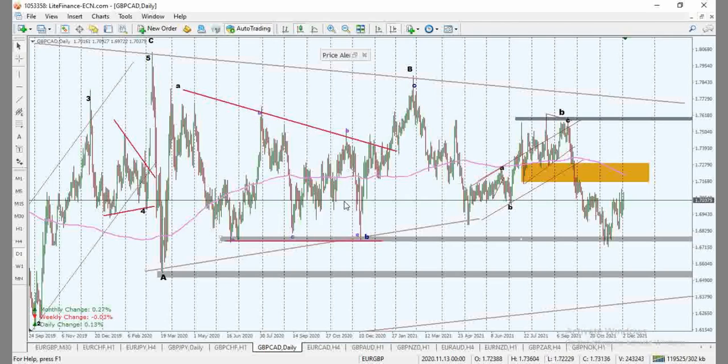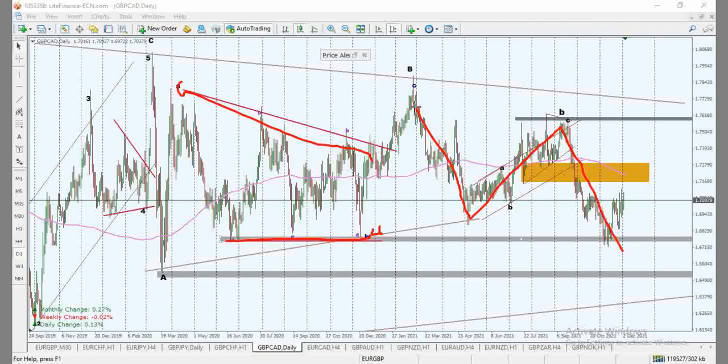C, and we have it that price then created an A, B, and then a C after this huge structure here. So we could also be looking at an A, B, C, and if this is complete, we might also be seeing price start the next leg to the upside. However, for this one here, I want to see price clear this range.